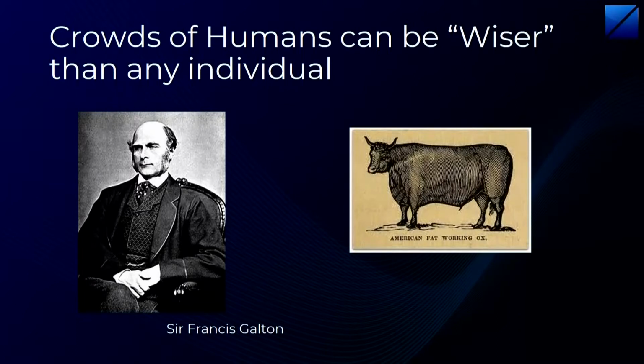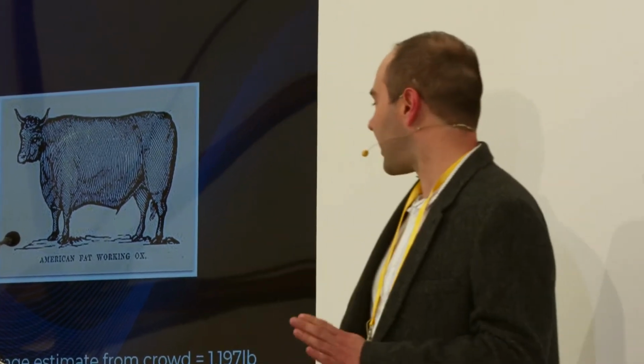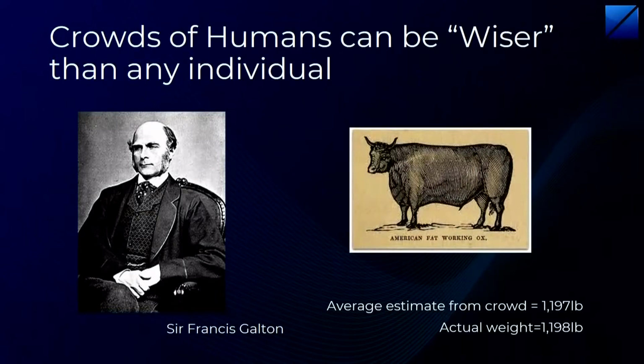So what I'm going to talk about here is an observation by Sir Francis Galton around the 1900s. He was probably the world's first data scientist, statistician, unfortunately eugenicist. He was attending a farmer's market, and what he noticed was there was a competition going on where the goal was to guess the weight of an ox accurately. What he found, to his enormous surprise, was that the average estimate from the crowd was extremely accurate, very, very close to the actual weight of the ox. That was totally against what he anticipated, because he anticipated that there was going to be some genius like him who was going to be able to do better than any aggregate of individuals.